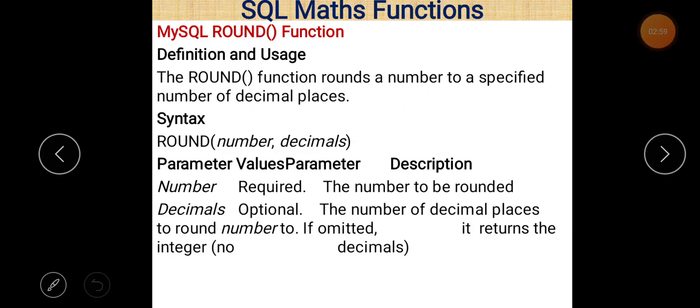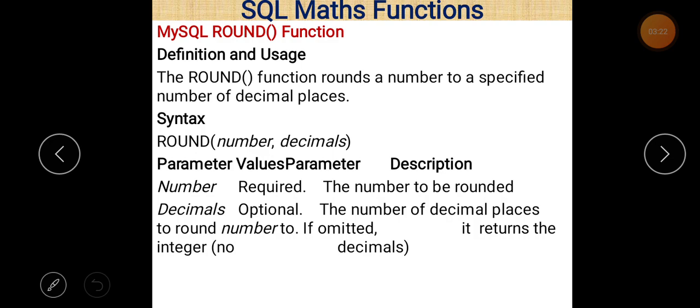Next is the round function. The round function rounds a number to a specified number of decimal places, as the name suggests, round. The syntax is very simple, just write round, and there are two parameters, number and decimal. The number is required while decimal is optional.